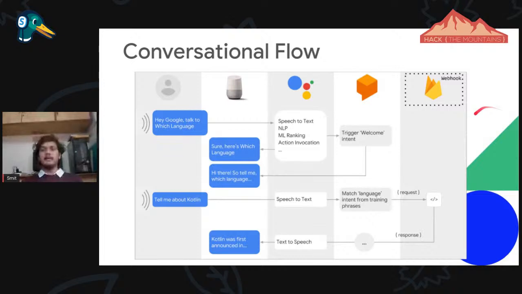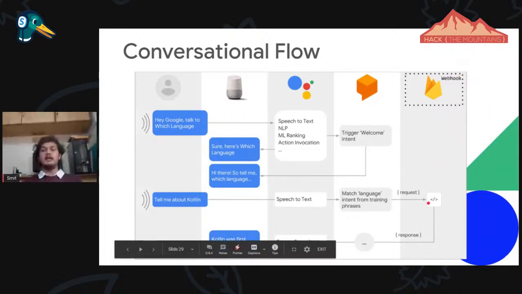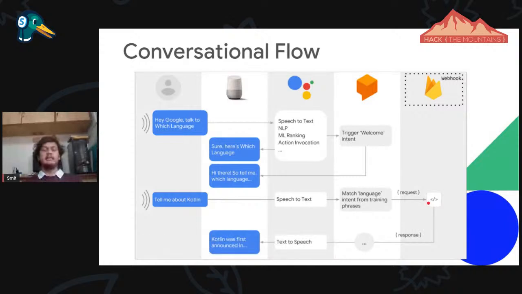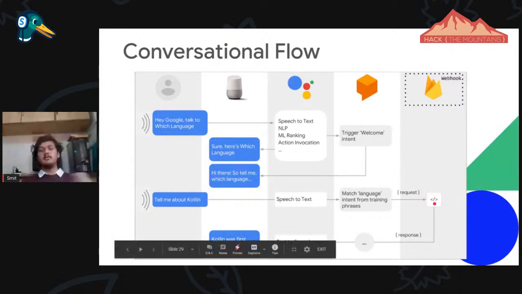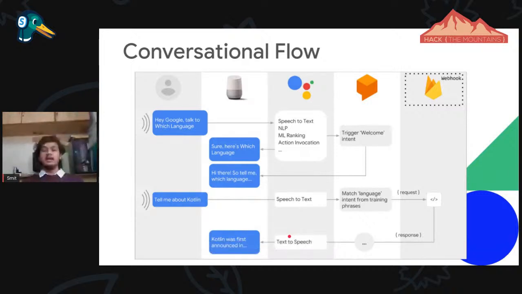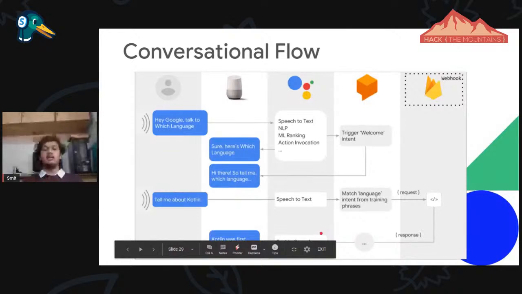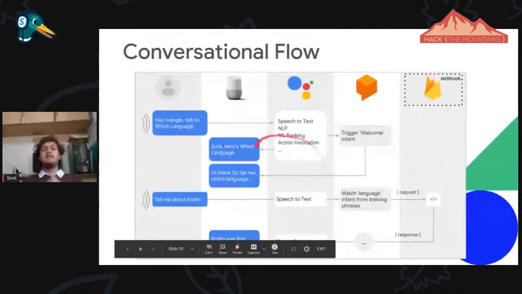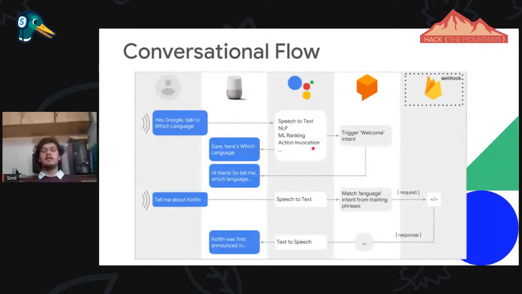So using the webhook part, it will call the API. It will request, suppose the database used is a real-time database. So for Kotlin, there is data stored. It will give the response to Dialogflow, and again to the extension console, and the console will respond in text format, so it will convert it into speech, and Google Home will deliver the response to the user. So this was a simple flow of how the conversation flow works, how Google Assistant works.